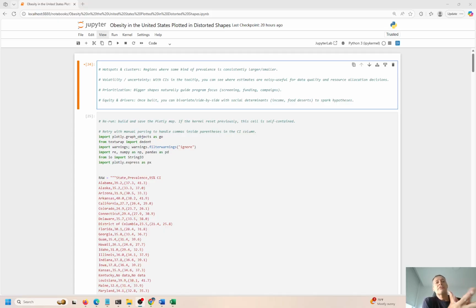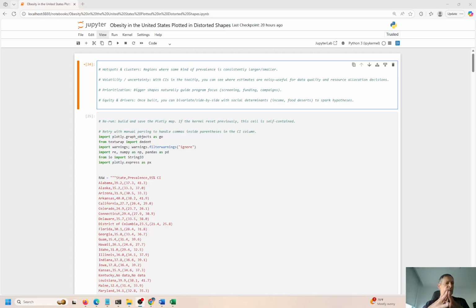So the narrative today is going to focus on obesity in the United States, and we're going to plot the results of some obesity analysis that was done on a map of the United States. Where states have residents who are typically more obese, where there's more prevalence of this occurrence, then these shapes are going to become more distorted and larger, and where people are more healthy and less obese, then the shape of the state is going to be smaller. Okay, so we're just going to experiment with some cartograms and just how we can distort these shapes